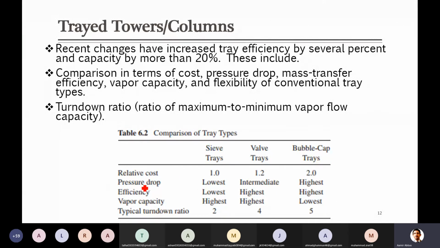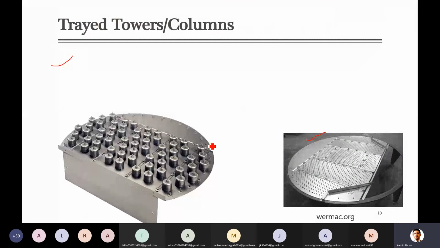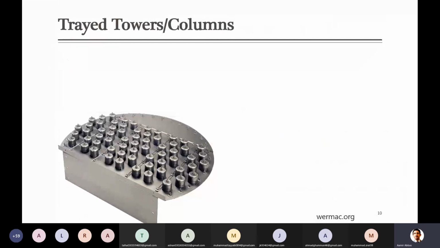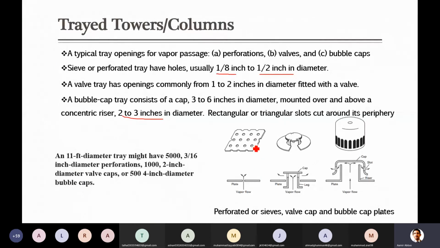The pressure drop, if you look at all those structures, what do you think, in which one should the pressure drop be lowest? Did he mention it right, in sieve trays, as he mentioned? Guys, if I go back here, just look at these. When there is only perforation, the vapor is just coming and leaving through these. Vapor will find restriction where there is no opening, but through the holes when vapor passes there is no restriction. So overall the pressure drop in these sieve trays is less as compared to these two.